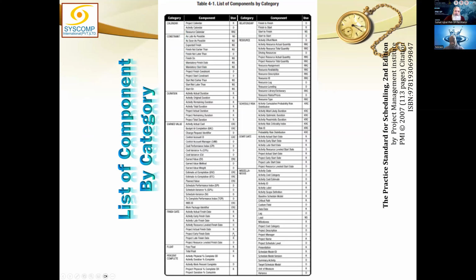Now, this is the complete list. Well, you have already seen the list. This is a little hazy. You can't read it very clearly. But what they have done is it is different from the list which I have shown you earlier, because here they have divided, categorized them. All calendar related components are here, constraint related components are here, and so on. So, like calendar related components are the project calendar, which is R required, activity calendar is optional, resource calendar